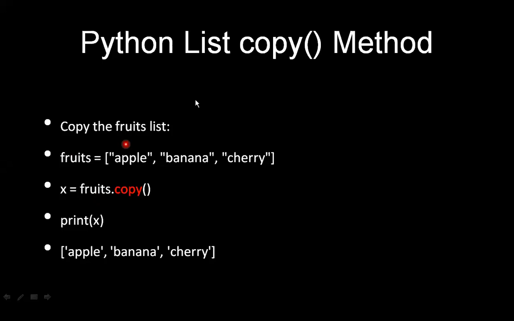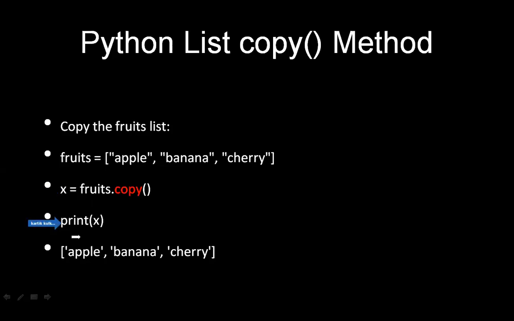So how can I do that? This particular statement will help you do that. The syntax is the list name, then a dot, and then the method name. Which method are we using here? Here we are using the copy method. It is going to copy the content of the fruits to what? To the variable x. Then when I print the value of x, at that time